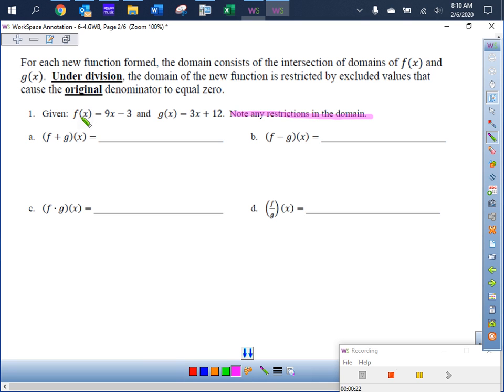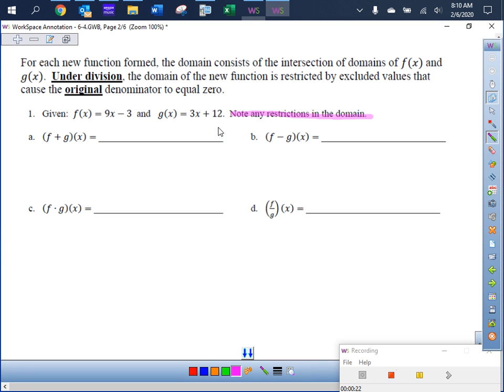So basically they've got two functions for us, f and g, and they're asking us to add them together, subtract them, multiply them together, and divide them. But sometimes weird things happen. So what we'll do is we'll go to the original guys, and here's how I like to think of this. I like to think of it as two different people. One of the people's name is F, the other person's name is G, and each one of them is having